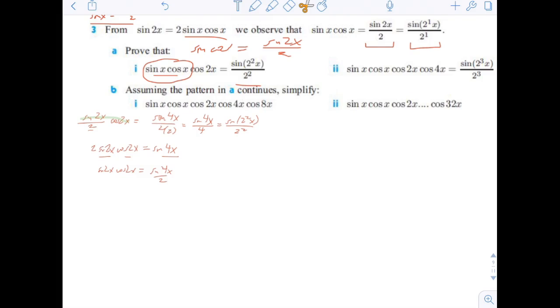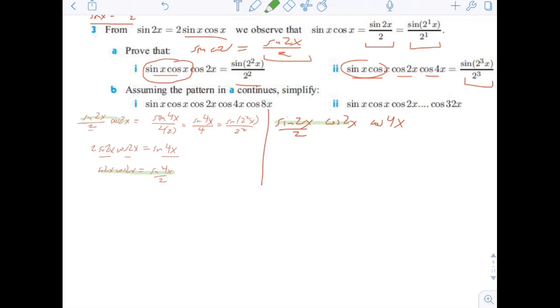Okay, let's look at the next one. Now they want us to prove that sine cosine 2x, cosine 4x is equal to this. So let's try that. Okay, so we know that sine cosine is equal to sine 2x divided by 2. So let's substitute that in. Sine 2x divided by 2 times cosine 2x times cosine 4x. So we could put sine 2x, cosine 2x together into an expression with sine 4x with this identity